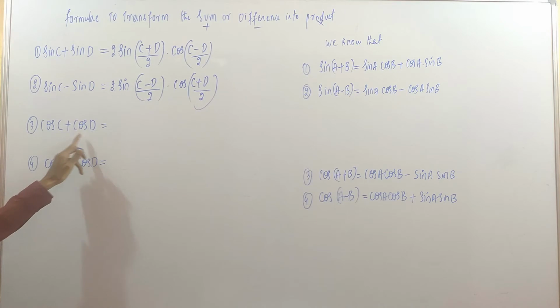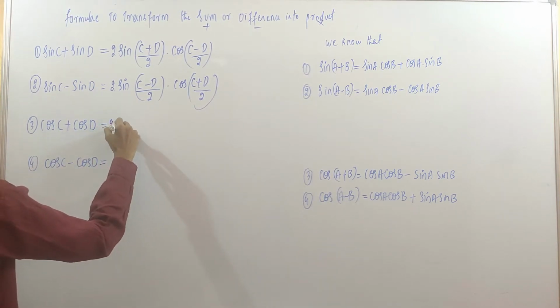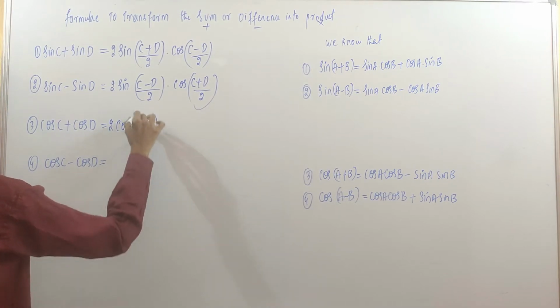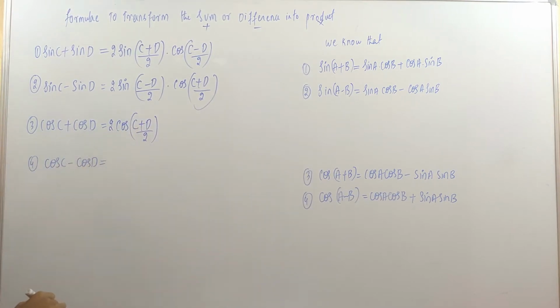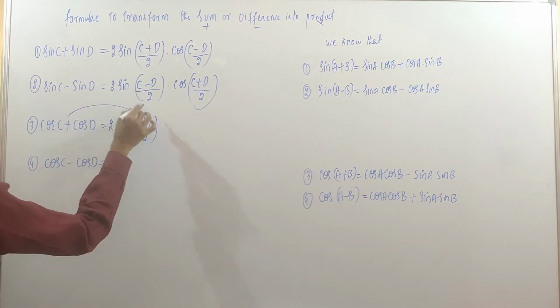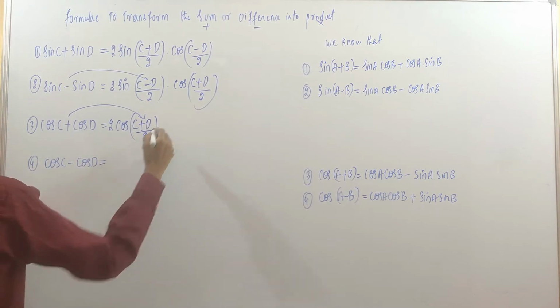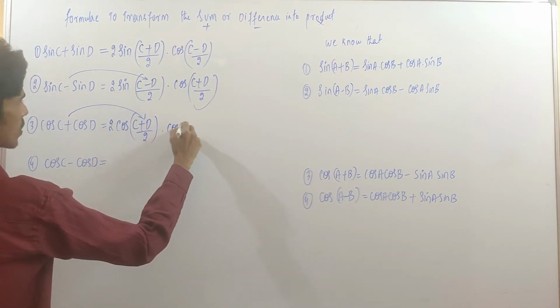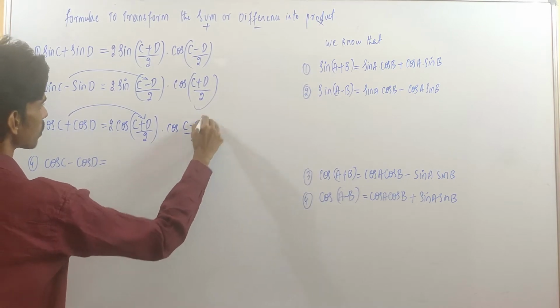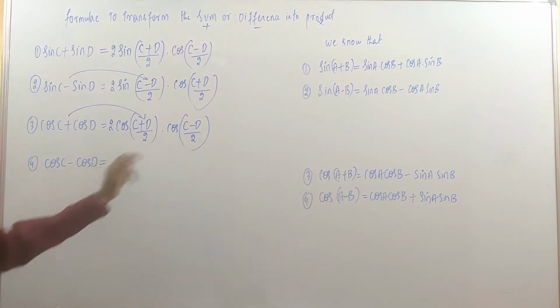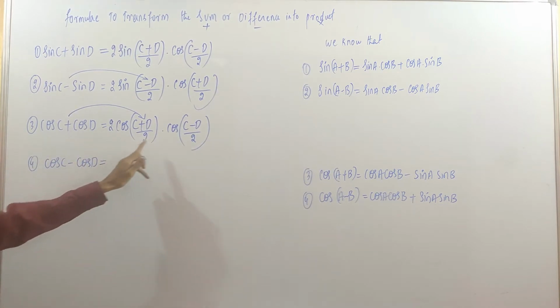Here we have cos C plus cos D. For cos we have same. It will be 2 cos C plus D by 2. Plus sign is there because plus is there. Minus is there because minus is there. Similarly 2 cos C plus D by 2 into cos C minus D by 2, and both of them are cos because for cos we have both